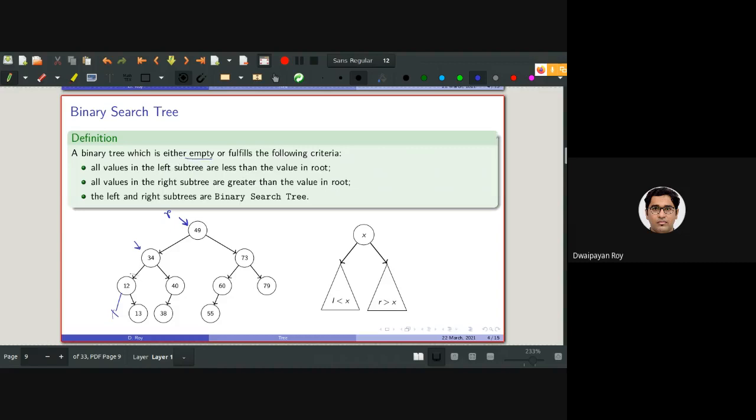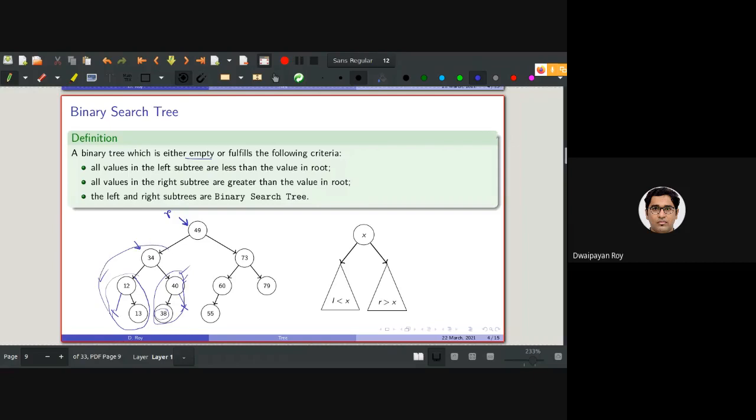In this case, the left subtree is empty and the right subtree is containing a value greater than 12. So this is a binary search tree. Now consider the right subtree. This is the root, 40. The left subtree is containing one value, 38, which is less than 40, and the right subtree is containing null. So this is another binary search tree, satisfied.